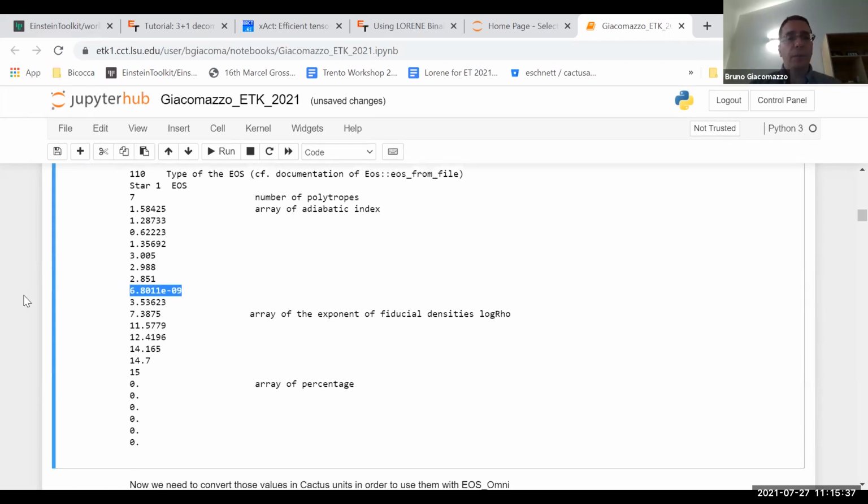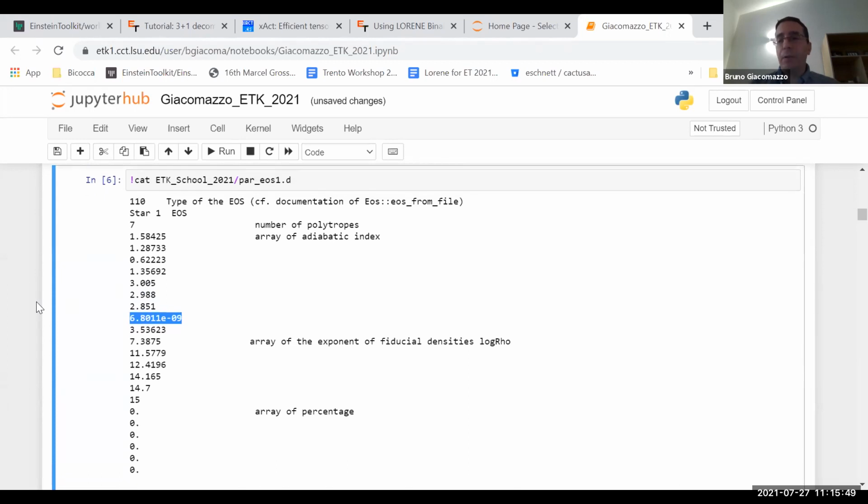You don't need the others because by imposing that the pressure is continuous between the different segments, of course, you can find a relation, and from this first kappa polytropic constant, you can derive all the others. More details about this can be found in the paper by Jocelyn Reed and collaborators 2009, where piecewise polytropic equation of state were introduced. So what we need to do now is to convert this number essentially into something that